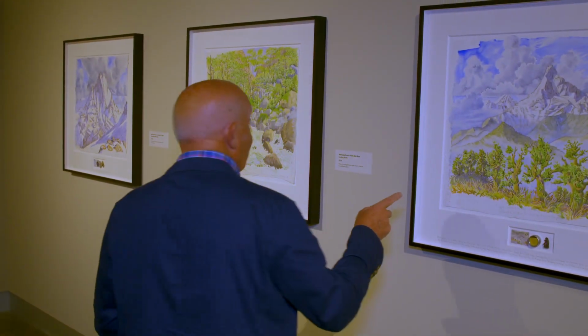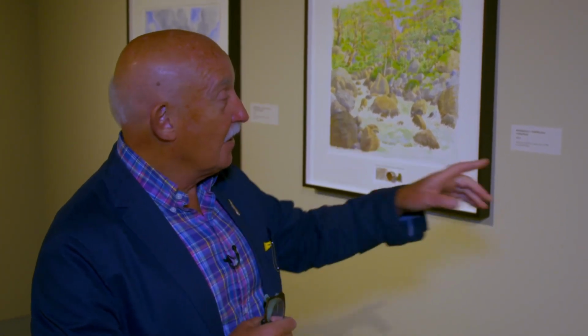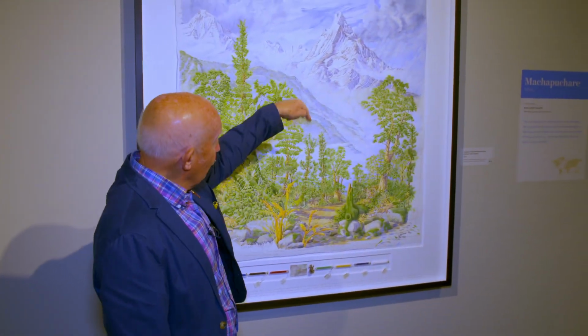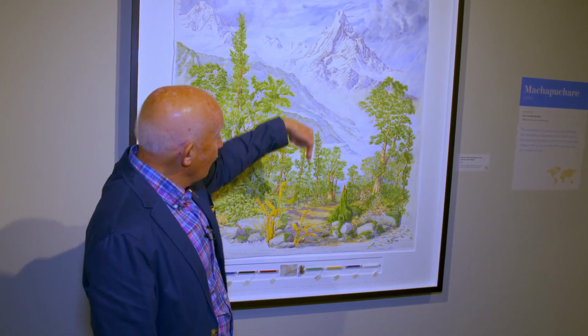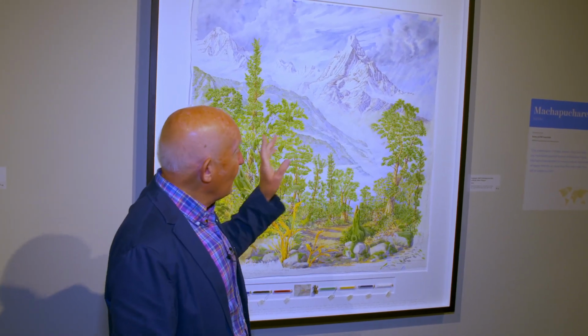So that painting is the major painting of Machapuchare, and these three are a set of paintings on the way to that picture, which was the major picture that I was doing. And so this is really one of the early sightings of Machapuchare. And then, as you can see here, you have to go up and down these ridges. All these ridges are separate and enormously steep, sometimes 2,000 or 3,000 feet deep. And you have to go down and up and down and up, remorselessly on your way to Annapurna,